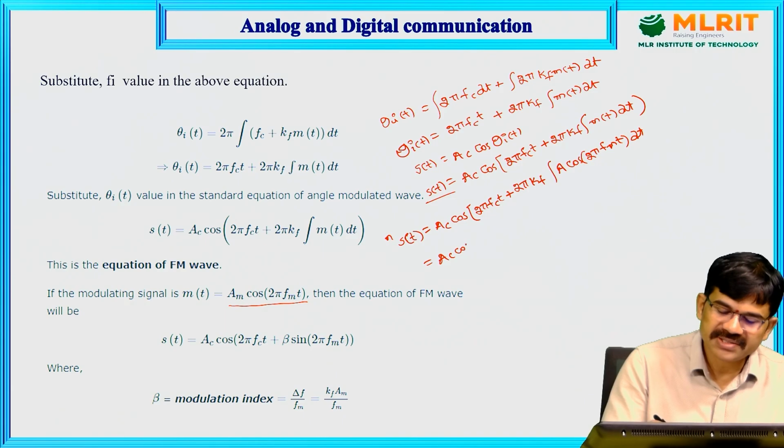Finally we are getting Ac cos of 2 pi fc t plus 2 pi kf